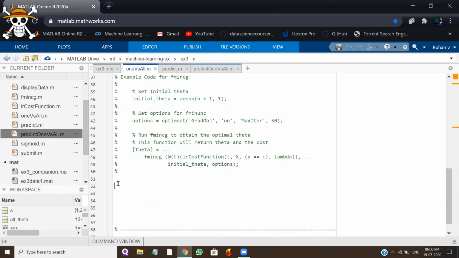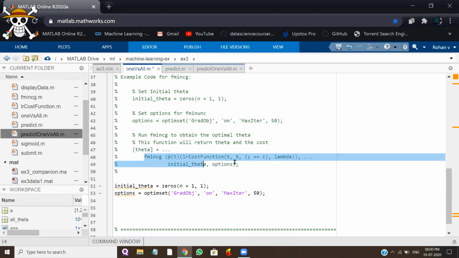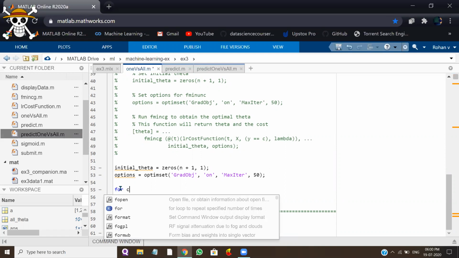Copy this thing, paste it, and then copy options, paste it, and then copy this thing. Wait, before copying this, let us write the for loop only. Write for c.